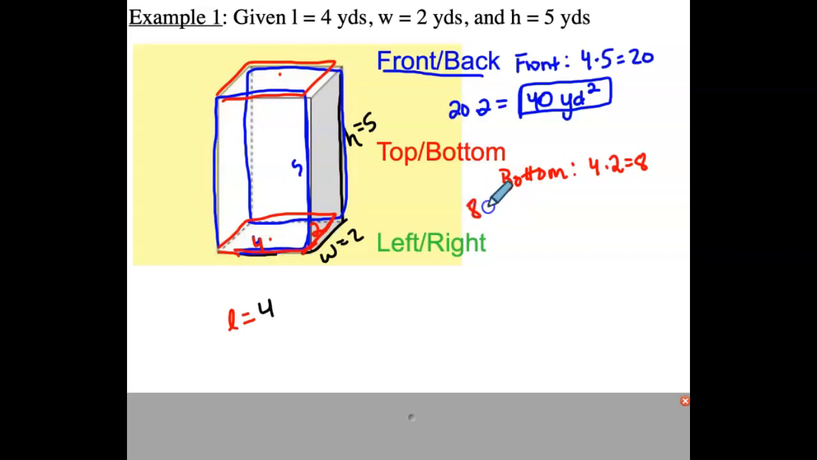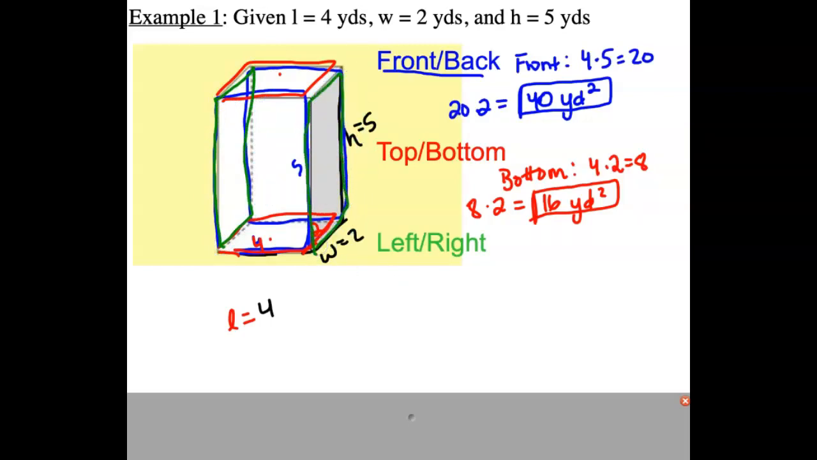So in total, the area of the top and bottom combined is 16 yards. And now let's do the last with left and right rectangles here. So let's change our color. We're looking at the last two rectangles that we haven't found the area of yet, which is this one and this one,